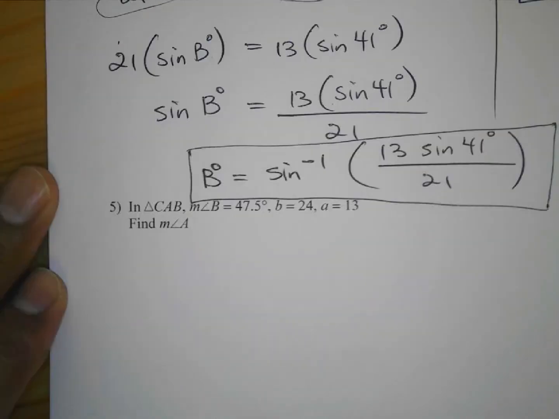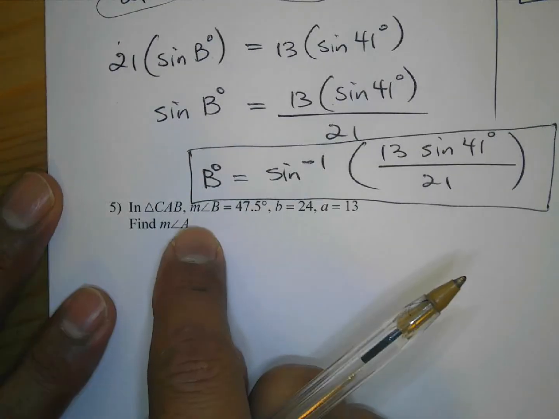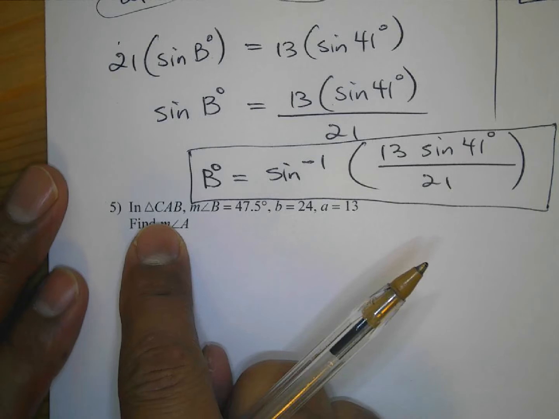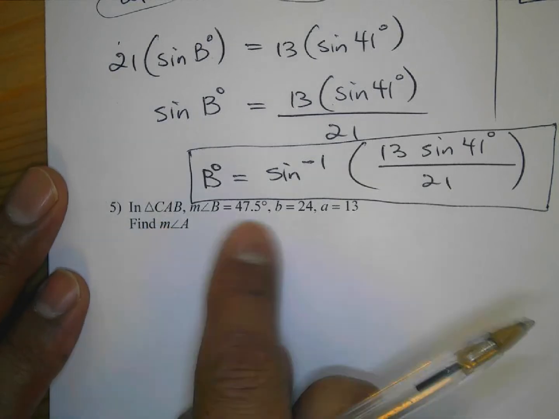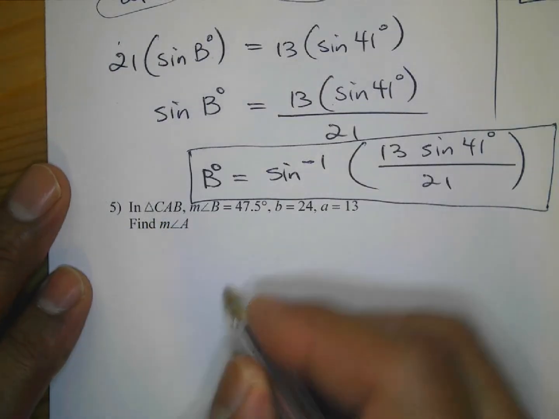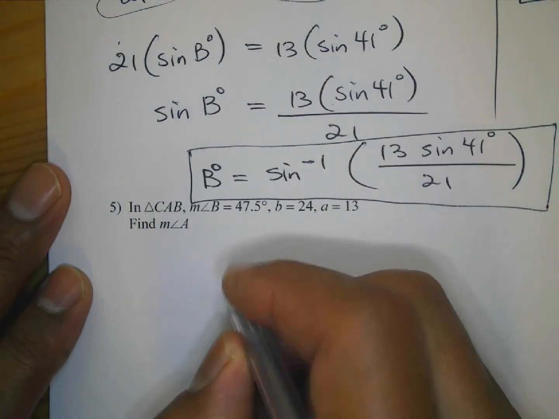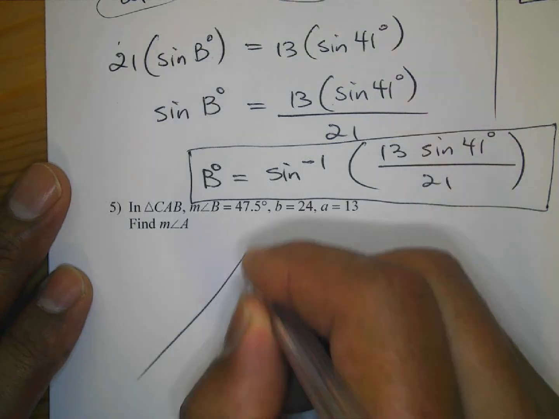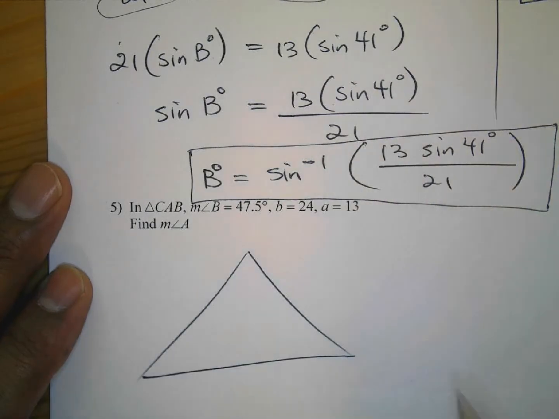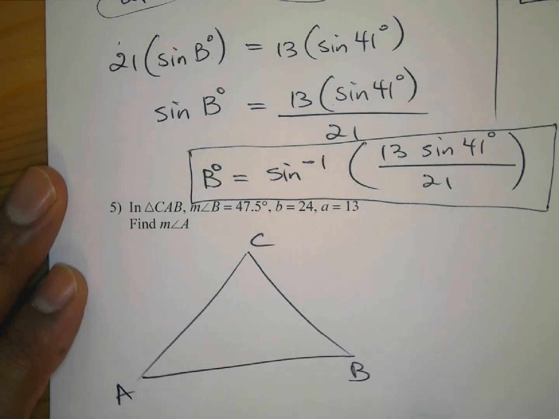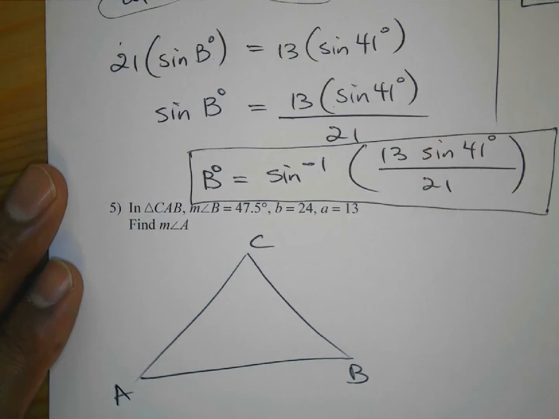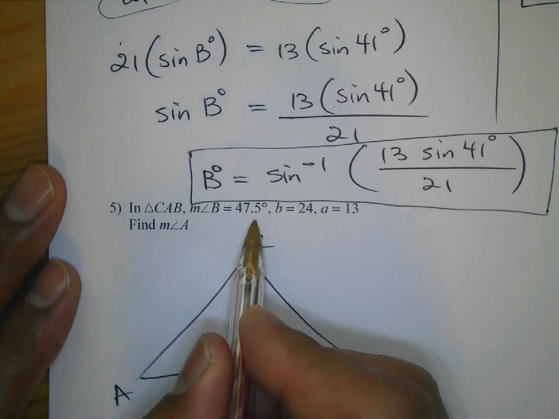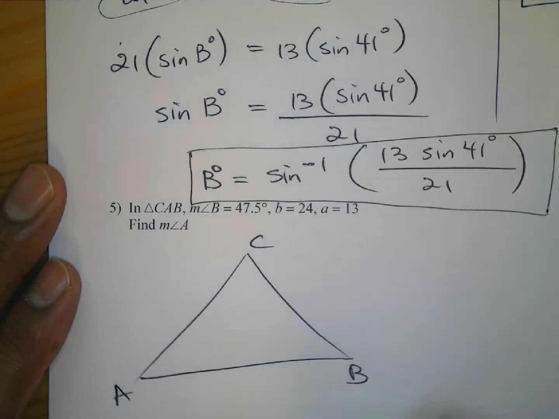Okay, last one. Here, again, they're going to give you a problem like this where they don't draw the triangle for you, so you have to draw it. So just draw any triangle anyway, as long as it's not a right triangle. So I'll just go like this and label it ABC or CAB. And then the measure of B,